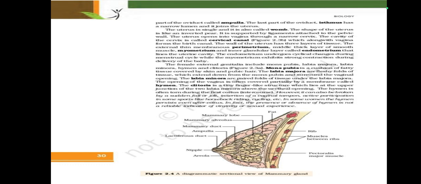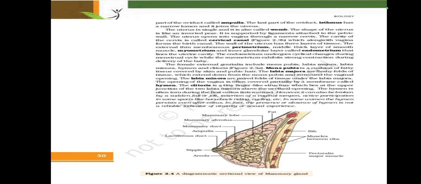The opening of the vagina is often covered partially by a membrane called hymen, and the clitoris is a tiny finger-like structure which lies at the upper junction of the two labia minora above the urethral opening. The hymen is